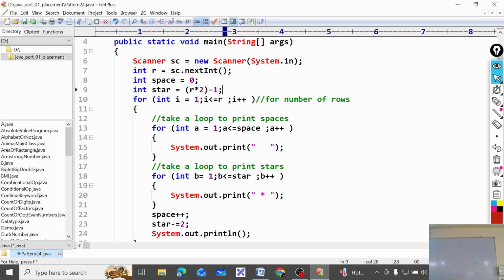Space plus plus, star minus is equals to is not happening. Space 0, star is equals to 2 times of r minus 1. Space plus plus, star minus is equals to 2.